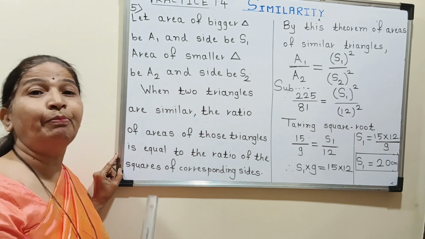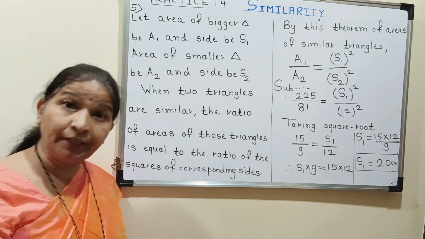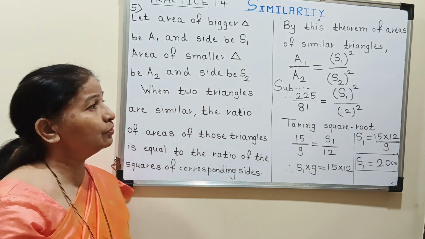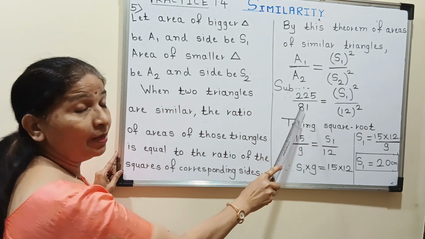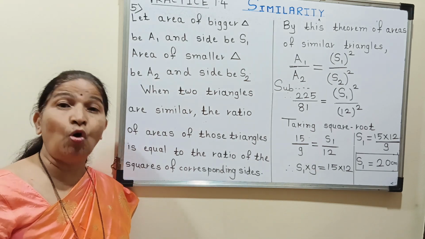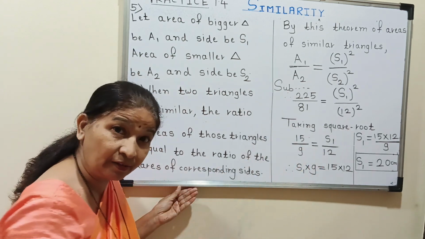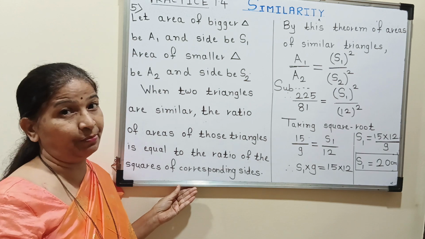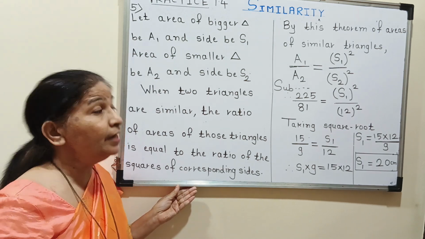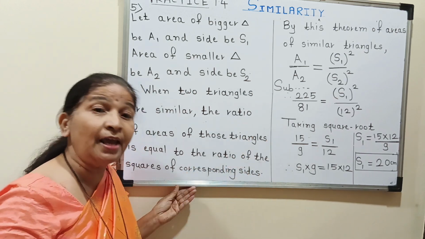They have provided two triangles with areas 225 square centimeter and 81 square centimeter. They are providing the side of the smaller triangle as 12 centimeter, and they are asking us to find the side of the bigger triangle, the one whose area is